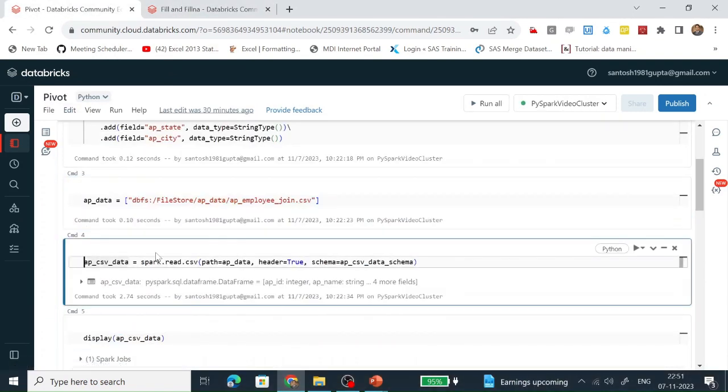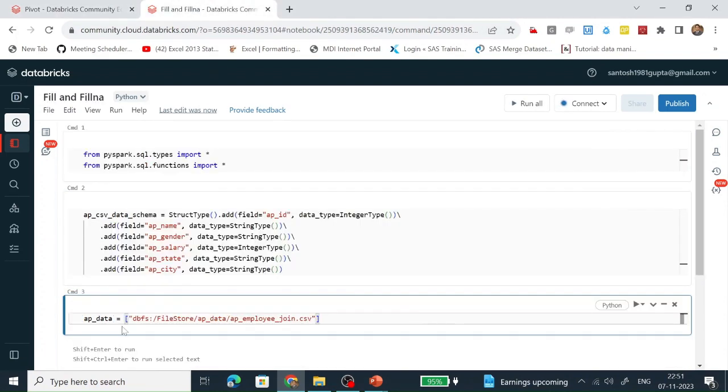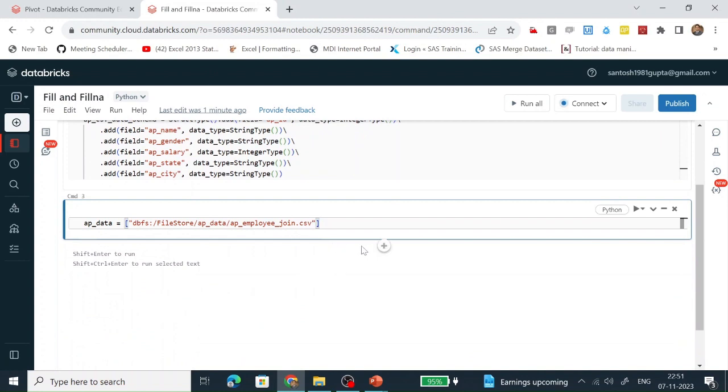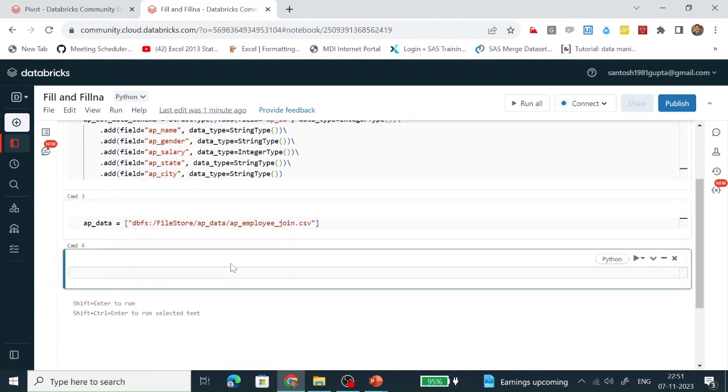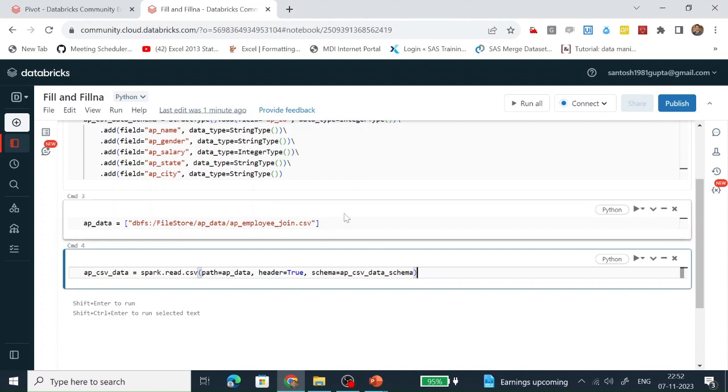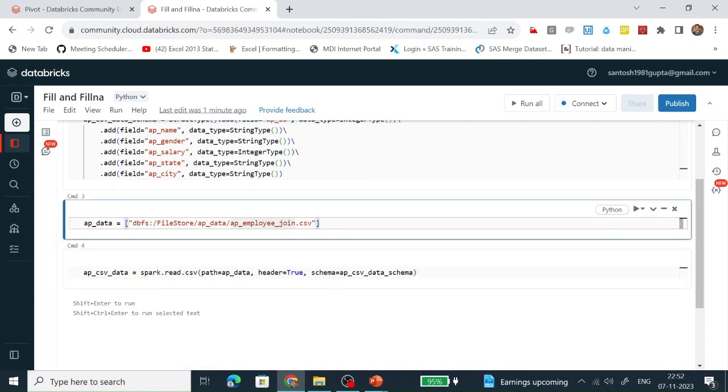This is reading the CSV file with the help of the spark.read.csv function to create a data frame. I'm going to change the name of the CSV file which we are going to read in this exercise. So the name of the CSV file is ap_employee_fill_ma.